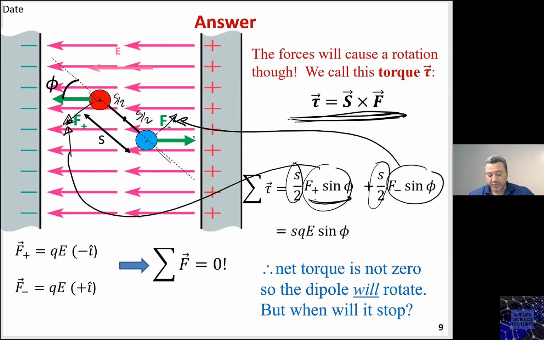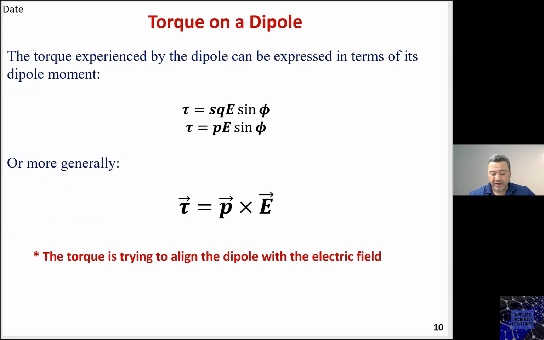Then the total would be S F sine phi, and I know F is Q E. So the torque would be given as SF sine phi or SQE sine phi. So tau is SF sine phi and F as QE, then SQE sine phi, and SQ is P, the dipole moment that we